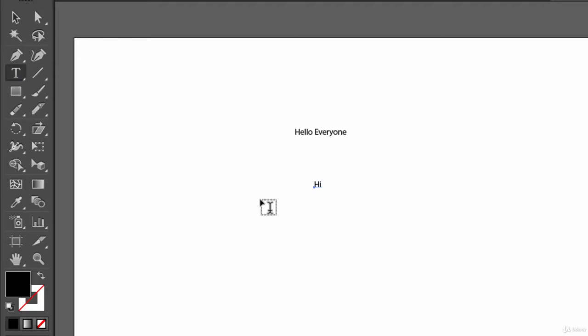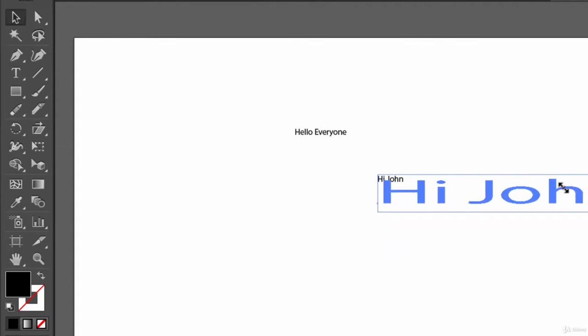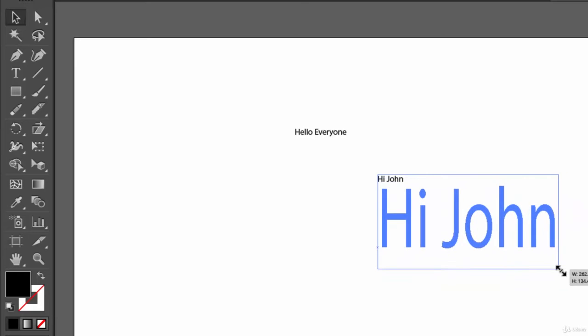Now you can edit this, say hi John. You can add some text, you can delete some text. That's simple, you are already familiar with this kind of stuff. But now you can move this text using the selection tool, and with this bounding box you can even scale it, and for scaling it proportionally you need to hold the shift key.